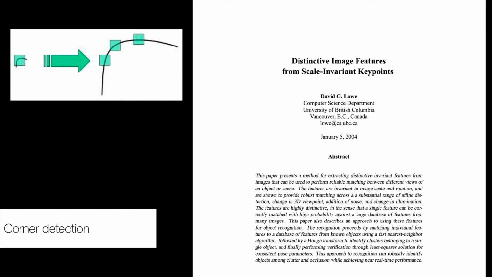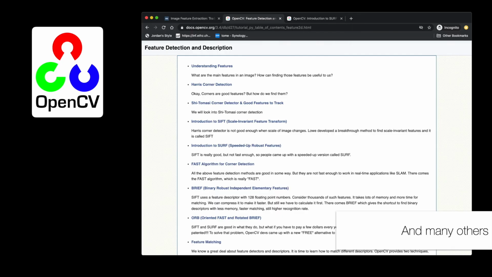This is an algorithm that was named SIFT that became very popular in the image classification or object recognition field. And in fact, there are many other similar techniques for identifying these key points. OpenCV is a popular library for computer vision, similar to scikit-learn if you're doing machine learning in Python. It has a lot of these feature matching or key point identification algorithms built into it, and you can go check many of them out, from SIFT or SURF to a number of these other algorithms.